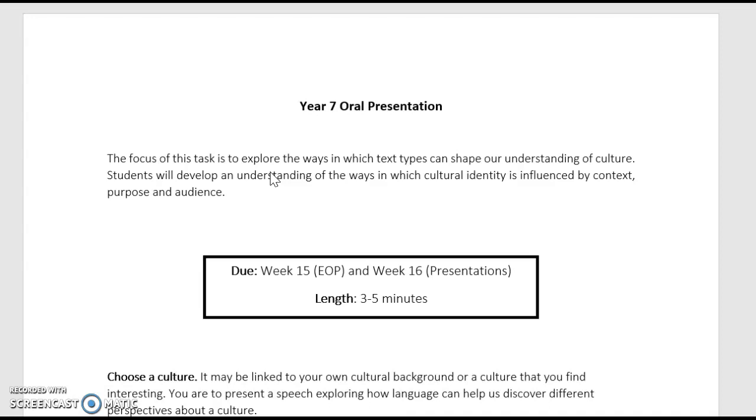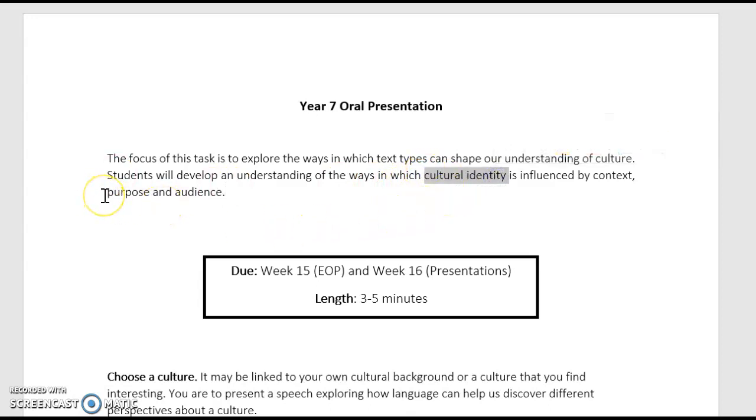Okay, these could be books, these could be newspaper articles, these could be pictures or posters, these could be any sort of text that is portraying a message. Okay, and what we're looking for is how different cultures use these different types of texts to portray cultural identity,